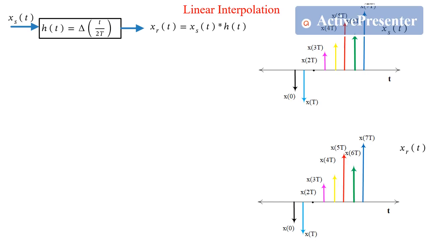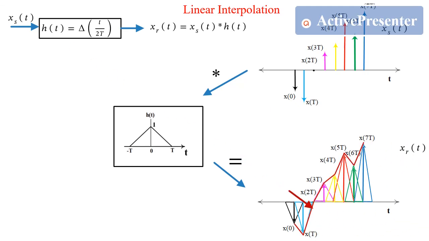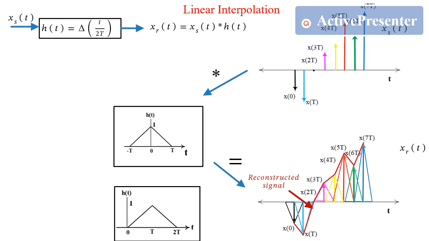In linear interpolation, the approximations are again done using straight lines, but these lines now have some slopes. The impulse response of these linear interpolators is shaped as a triangular pulse. The convolution of the samples with this triangular pulse results in a series of triangular pulses centered and scaled as per the location and strength of the samples. Using straight lines to join the successive tops of these triangular pulses leads to approximation of the signal. Converting this non-causal impulse response to a causal impulse response by delaying it by t results in an output that is also delayed by t.